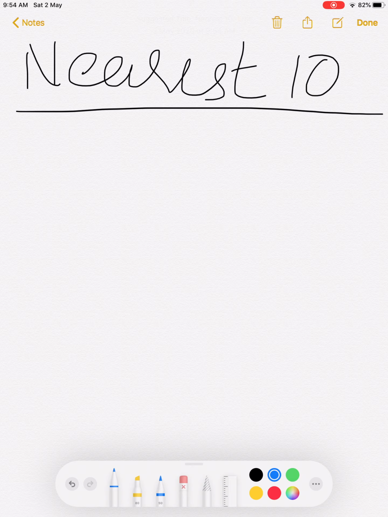So a multiple of 10 means the ones place will be 0 in all such numbers. Is it clear? Now if we want to convert a number to the nearest 10, you will convert the ones place value to 0. But we can't simply write 0 in the ones place, so for that some rules are there. Through one example I will explain here.